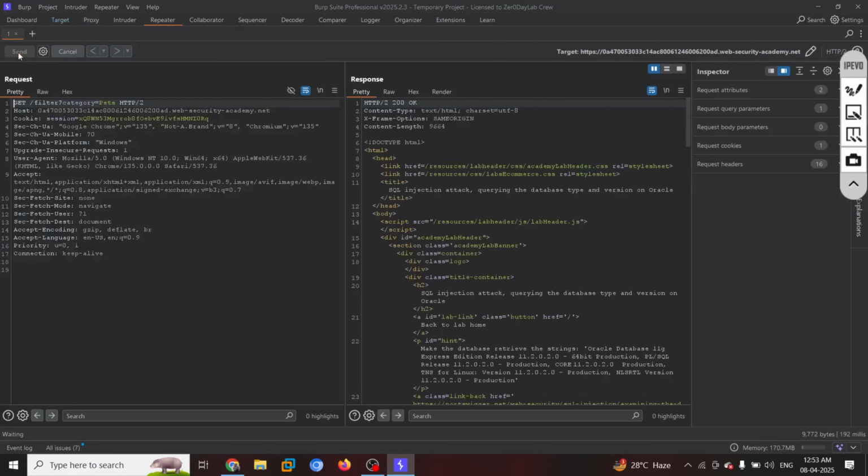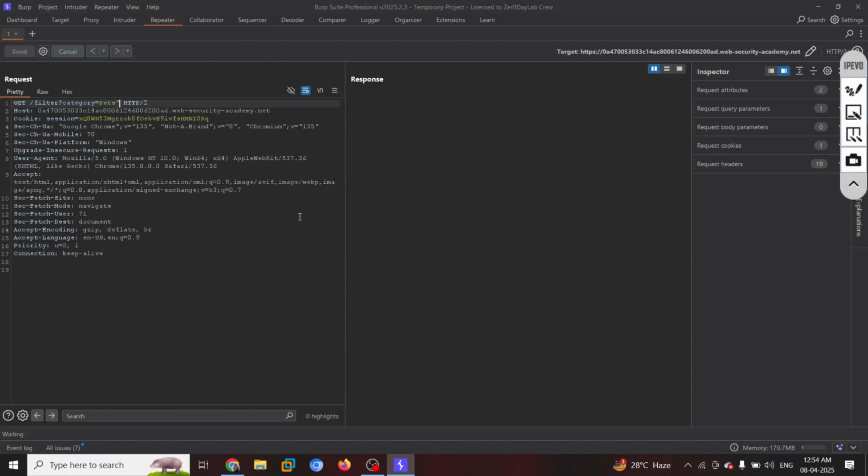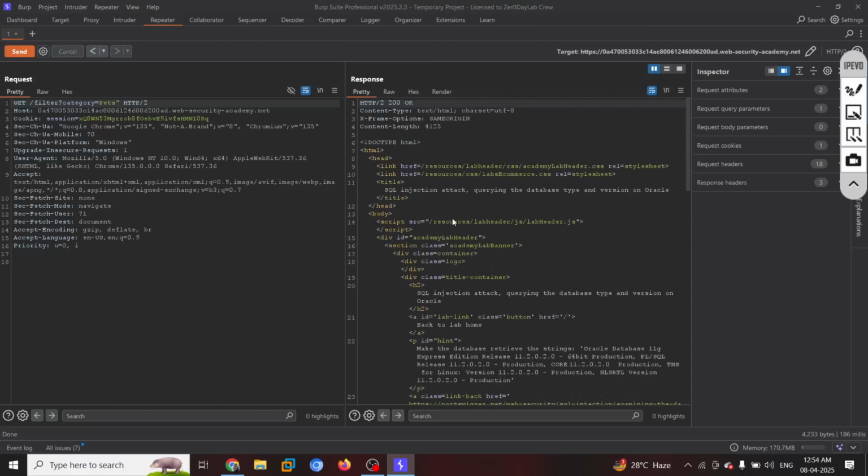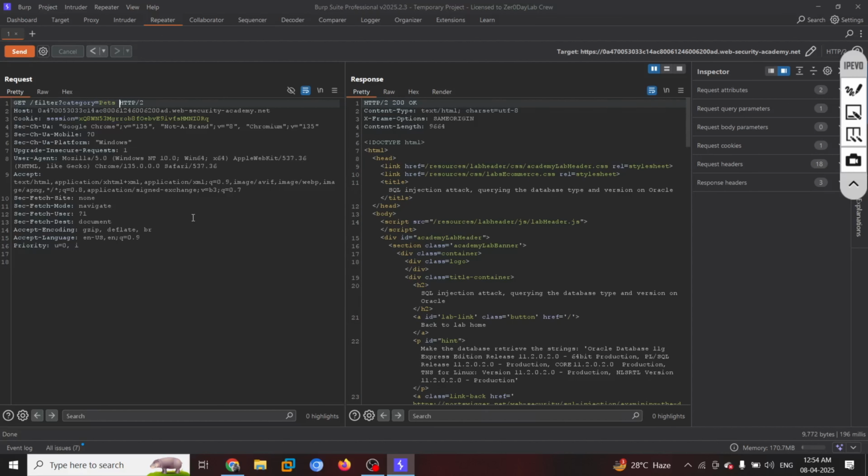So if I do this, we have a 200 OK response. Now, as we know, the first part of SQL injection is to balance the equation and get to know what exactly the developer-written code is, which query breaks the developer-written code. So if I'm going to use a double quote, what is happening? It is giving us 200 OK. If I use a double quote and close brace, it is giving us 200 OK. If I use just a space, it is giving us 200 OK.